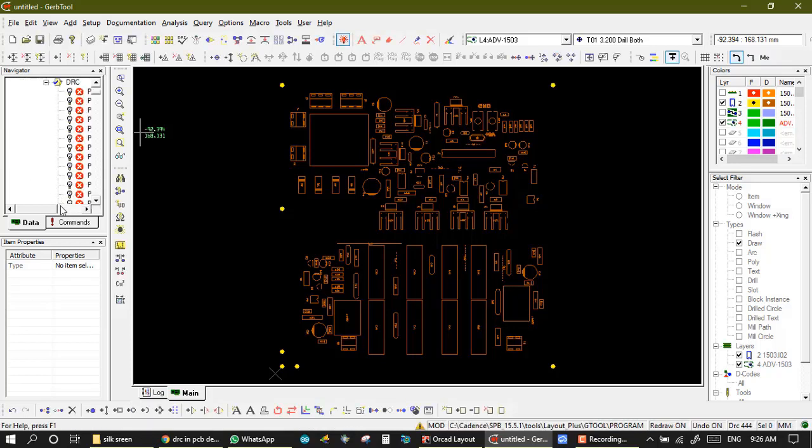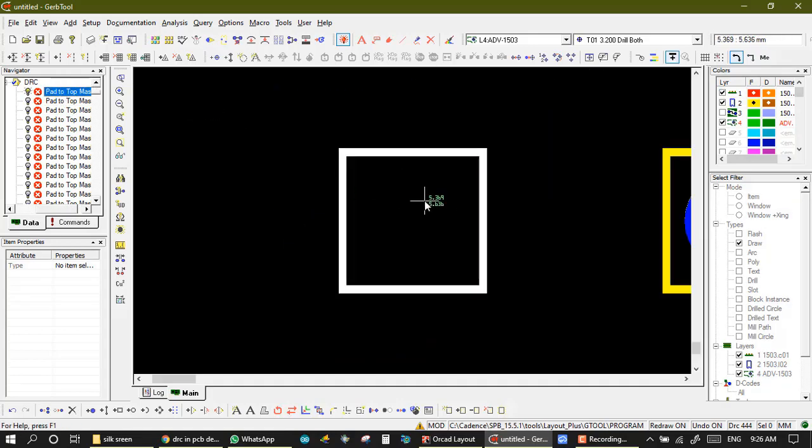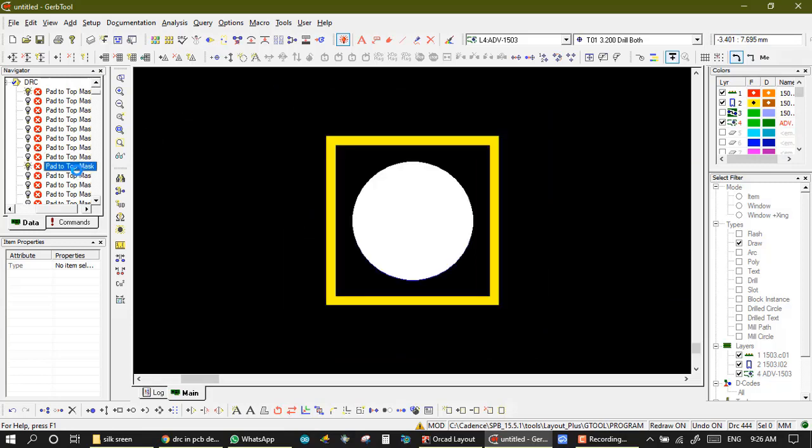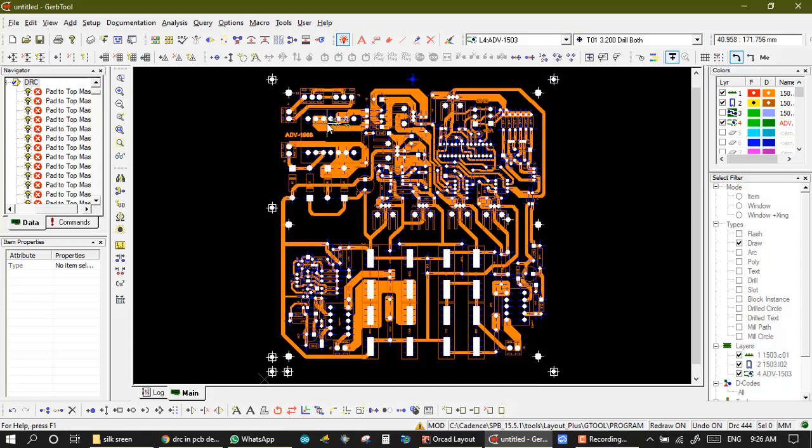So these are all my errors. If I want to see a single error, then I double click on it, and this is my error. If I want to highlight all errors, then I right click on it and choose highlight all. So in white color all errors are highlighted.